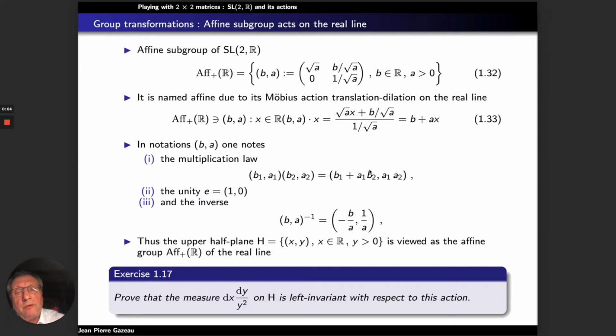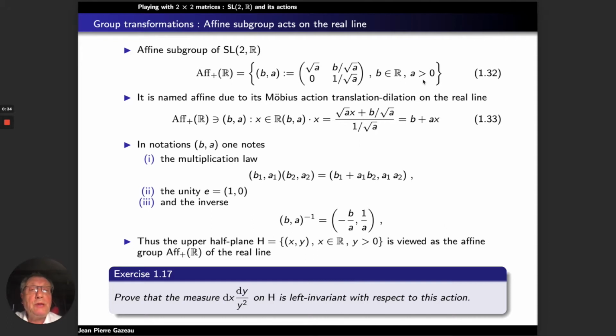Continue this lesson 1 by considering now an important affine subgroup of the group SL2R. This group is made of elements which have the following form. You have on the diagonal the square root of A and its inverse